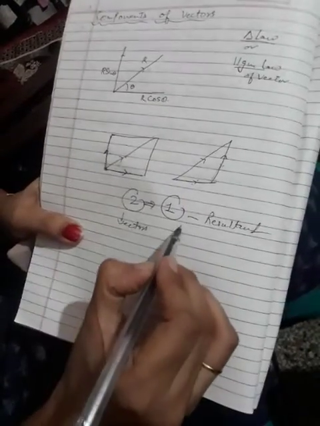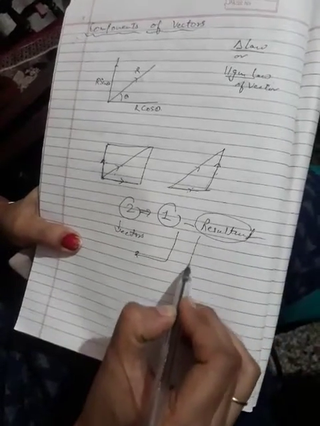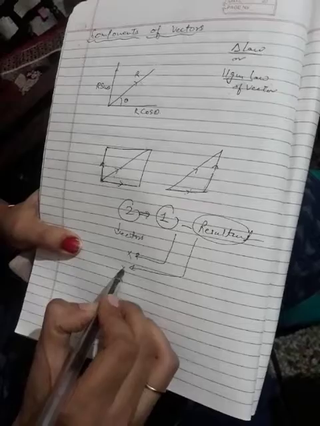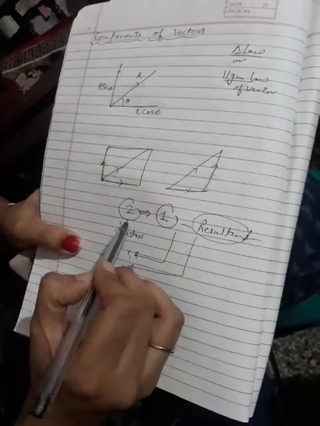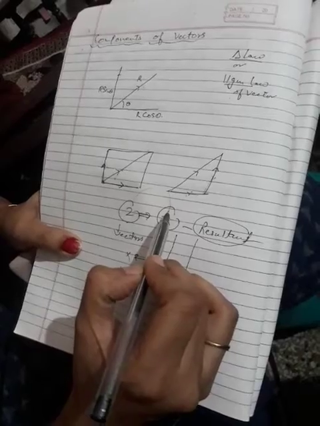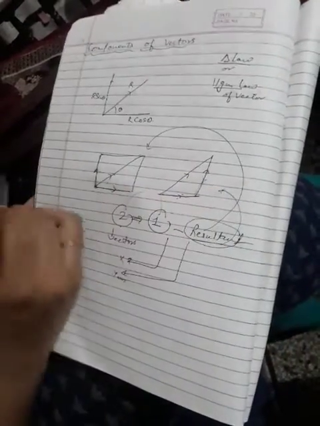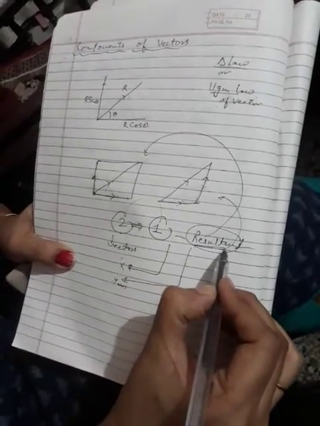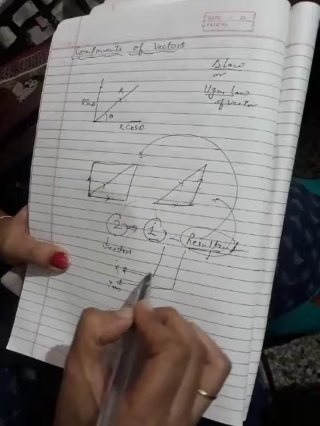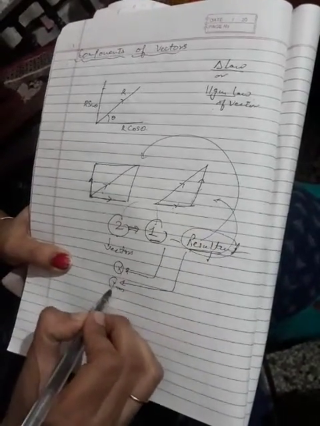Now we are going to do the opposite of this. If you have one vector, you want to see the effect of this vector in the x-axis and y-axis. You had two vectors, you resolved them into one vector, that was the resultant, which we did in the triangle law and parallelogram law. Now we are going to reverse this process. You have one vector and you are going to resolve it into two components along the x-axis and y-axis.